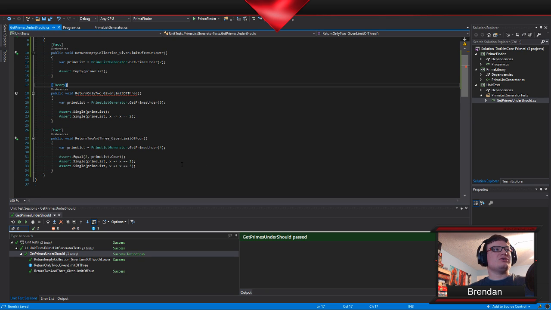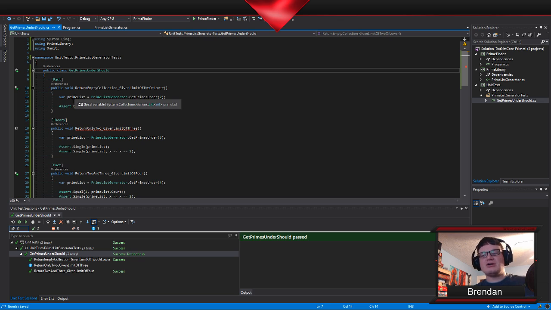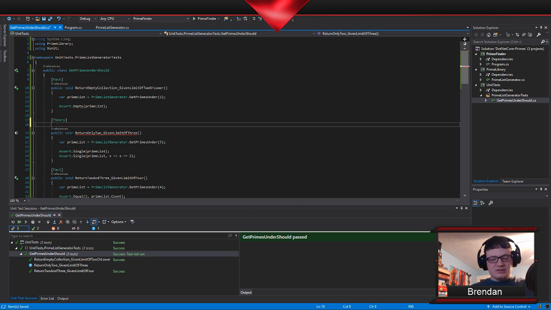For those of you that are used to NUnit, you're used to this class having a test fixture on it, and each test method being called a test. But in XUnit, we are instead going to have fact, and we're not going to mark the class at all. In addition to fact, we can have a theory. With the theory, we can do something called inline data. So essentially what we're going to do here is just hard code in a little bit of data.